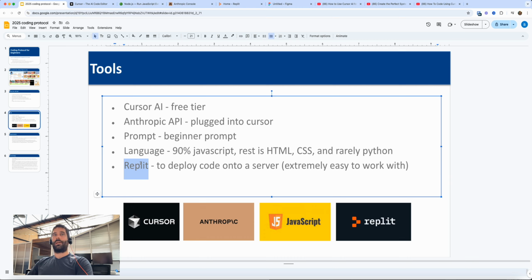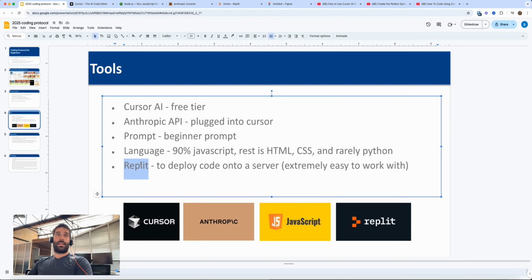I used to use Replit before I came across Cursor, because they also have inbuilt AI where you can prompt the AI and it writes the code for you, much in the same way as what I'm going to show you now with Cursor, which was good. But I kind of found that the combination of Cursor and the Anthropic API key was just much more efficient at writing code and much more accurate. Maybe it's changed with Replit now, I'm not sure, but if it's working for me, I'm just going to stick with it.